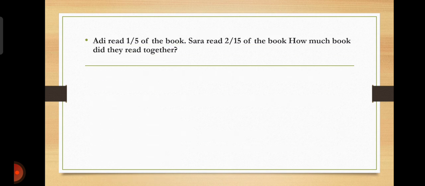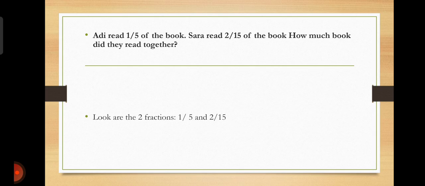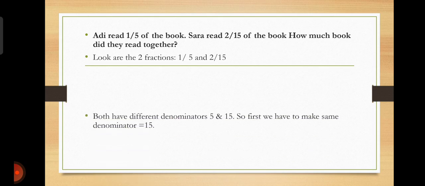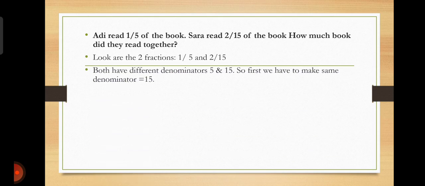Now with the same sum, we will change the denominators. Adi read 1 by 5th of the book. Sarah read 2 by 15 of the book. How much of the book did they read together? So first, 1 by 5 and 2 by 15 are the two fractions. We will make the denominators the same, which is 15, and 2 by 15 is okay, that fraction is there, and